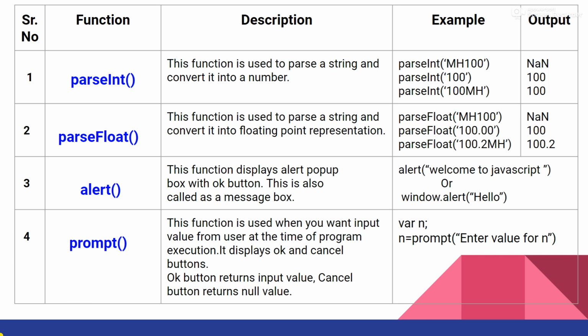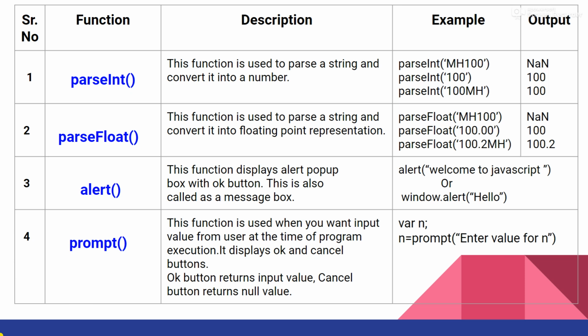Second example, parseInt in single inverted commas, it is 100. So when it starts parsing from the left, it will see 1 0 0. So first it is a string, and what work parseInt does, it will convert the string to a number. So in the output it will give this 100, which is now a number. It is no more a string. Agree?